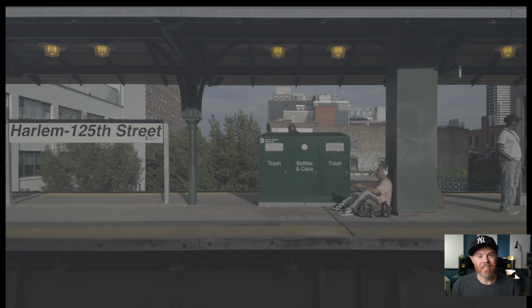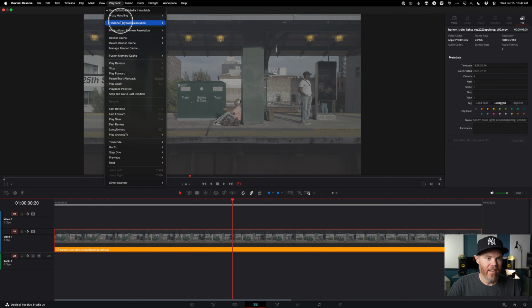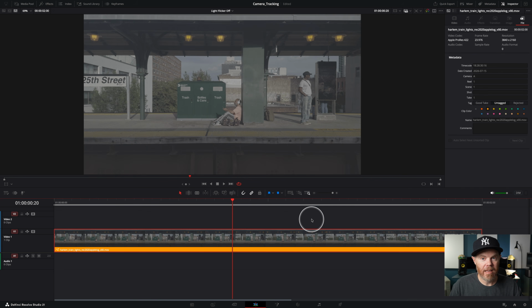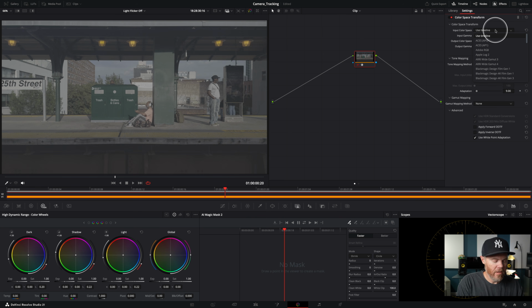We probably should turn on the cache. We'll do that up here at the top, playback. You could also render this in lots of ways. Let's just do smart render cache and put a color grade on top on the color page. So shift space. Why don't I actually use the color space transform. So just like before, you could do